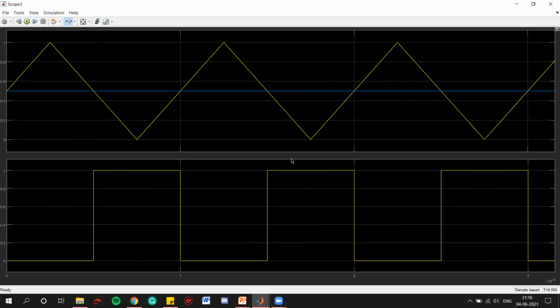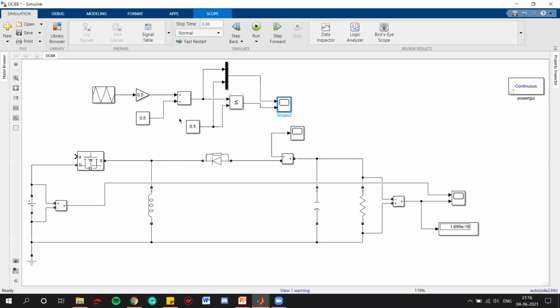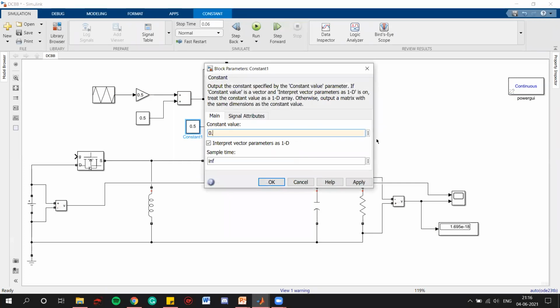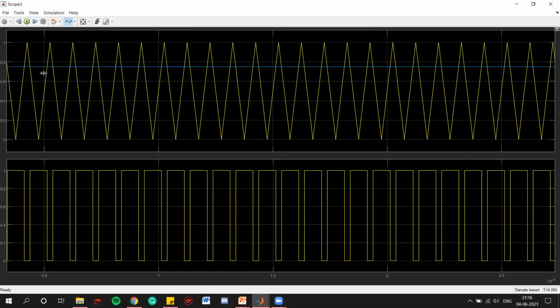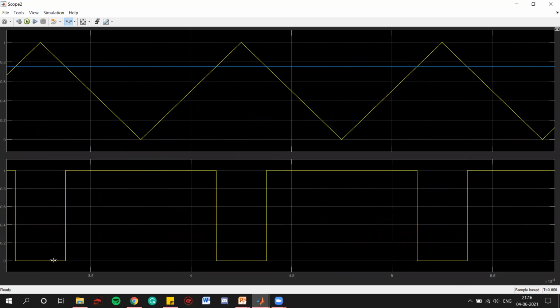So according to this, we can increase or decrease the output of the gate pulse, right? Currently I have taken 0.5 as a constant. That means it is a 50% duty cycle, right? We can increase it to 0.75 for a 75% duty cycle. So we can clearly see the output, the positive cycle has increased and the negative cycle has